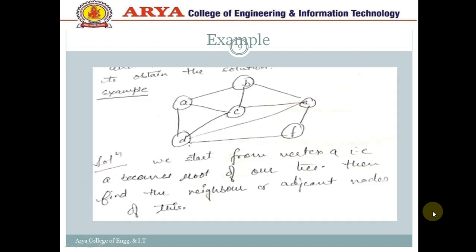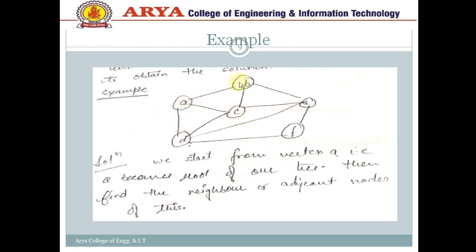So this is the example of this. In this graph, we can see this is the undirected graph. Number of vertex are present, A, B, C, D, E, F. We can choose any of the vertex. So in this we can start from A. We start from the vertex A, that is A becomes the root, and its neighbor vertex, as we see, are D, C and B.